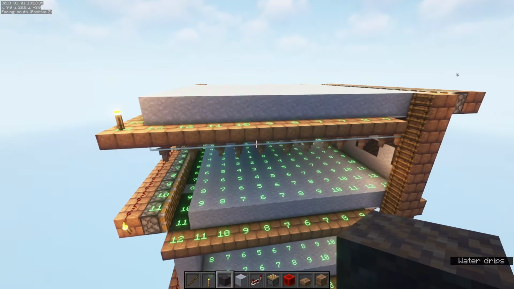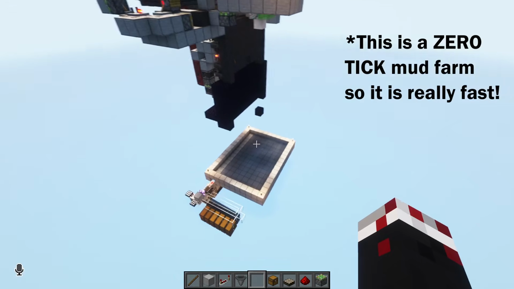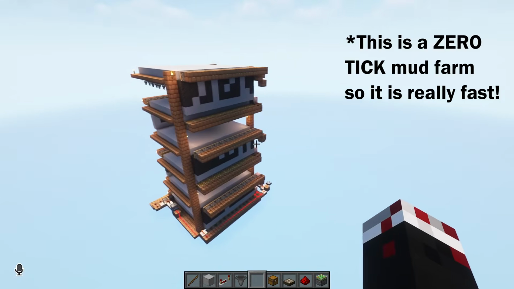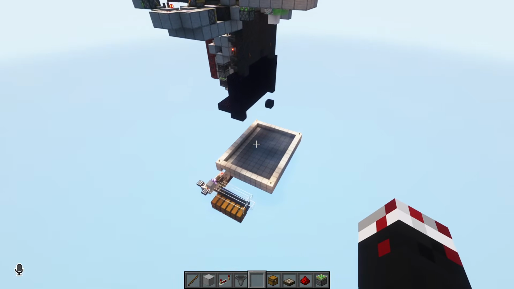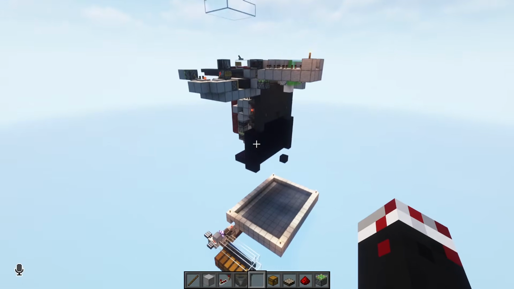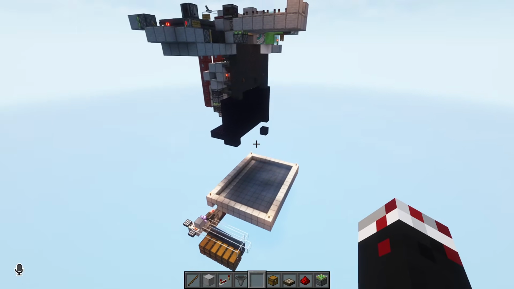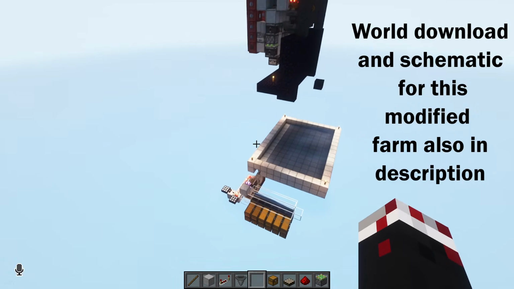of the layers. So this is the mud farm that I'm currently using to get the mud for the clay farm over here. And this is actually a modified version of one by Sleeping Prince, and I'll have the link to his tutorial down in the description. This isn't a tutorial, it's just to kind of show you my modifications on his to make it a lot